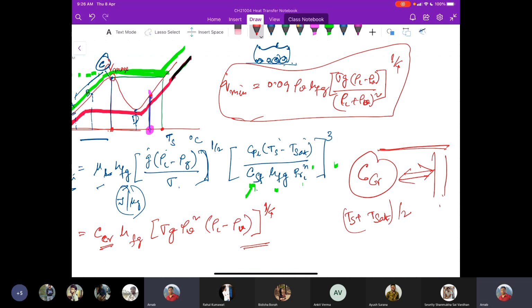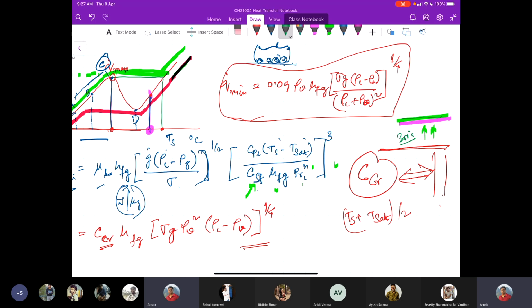Now, at very high surface temperature, you understand the scenario that you have a surface which is covered by a film of vapor. So when the surface temperature is very, very high, say around 300 degrees centigrade or above, then for the heat transfer across this vapor film, the radiation becomes significant. So that needs to be considered.